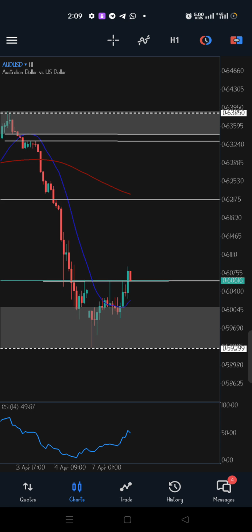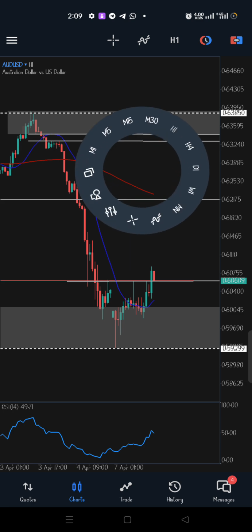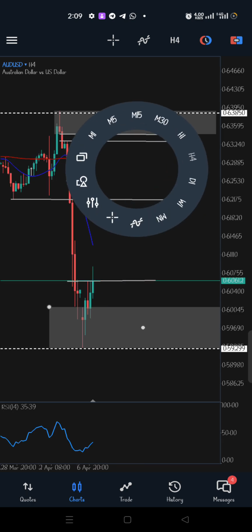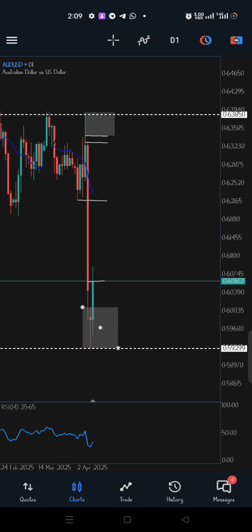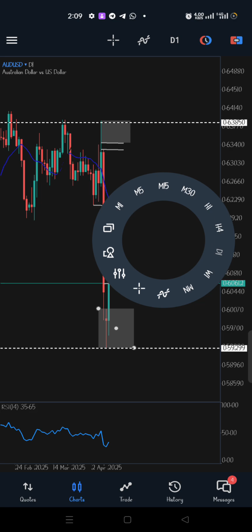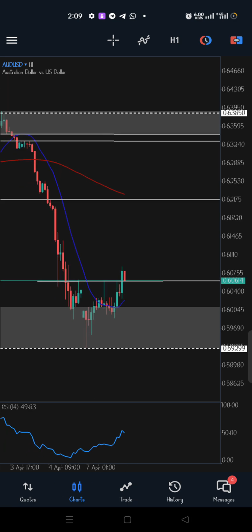On the 1 hour time frame, what is it showing? A bullish indication, bullish trend. Now on 4 hours, we note that the market's trend is a downtrend, right? On daily, we also have the market in an overall downward trend, while on 1 hour we are seeing a bullish momentum leading to a break in structure which has not yet been confirmed. So now the ideal thing to do is,